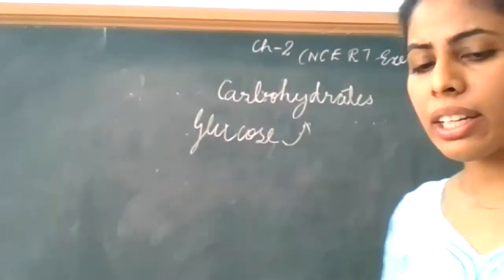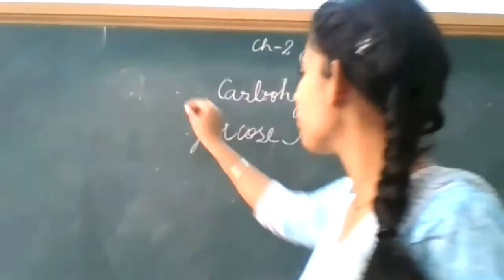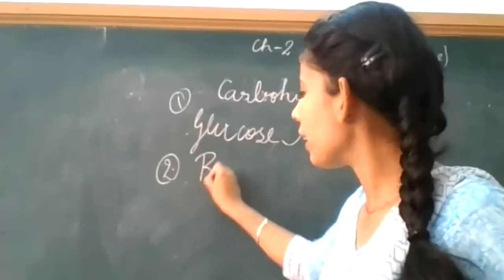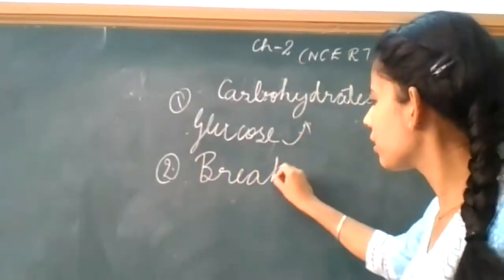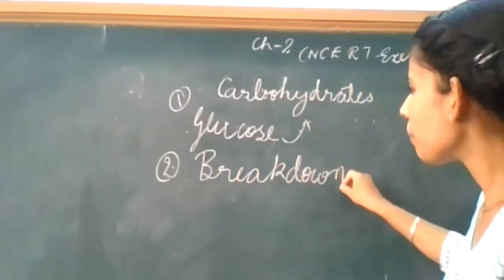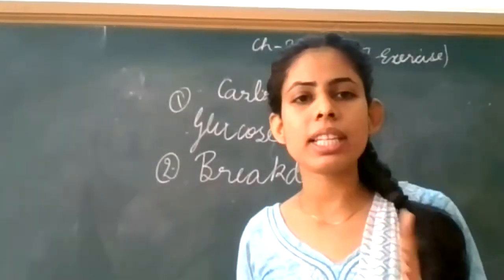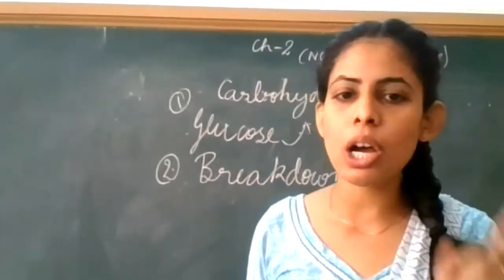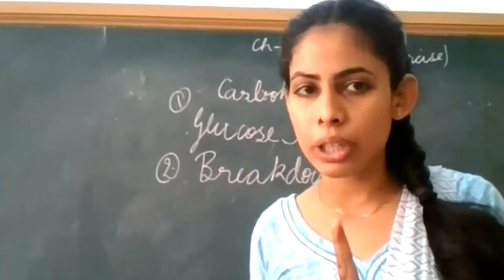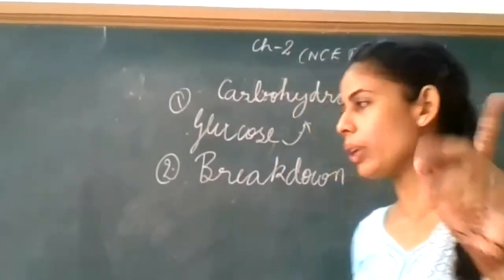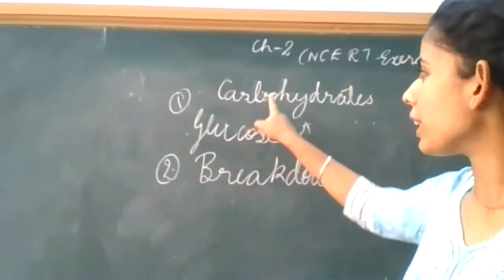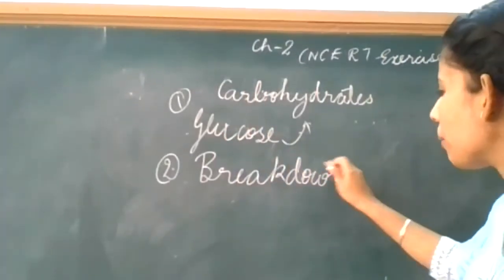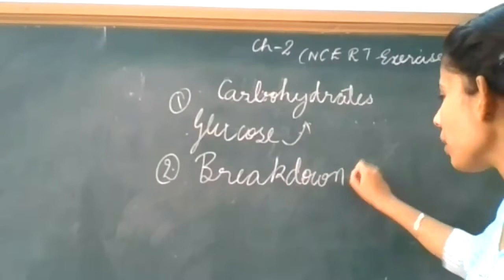Clear? The first point will be this, and the second point will be that it can be broken down easily. Clear? मैंने आपको बोला था अगर वो सिंपलर सब्सटेंस है मतलब वो जल्दी ब्रेक डाउन भी कर जाएगा, जितना कॉम्प्लेक्स होगा उतना उसको ब्रेक डाउन में डिफिकल्टी होगी. Clear? We have studied the point that therefore it is a simpler form of carbohydrate. That means it can be broken down, it breaks down easily.